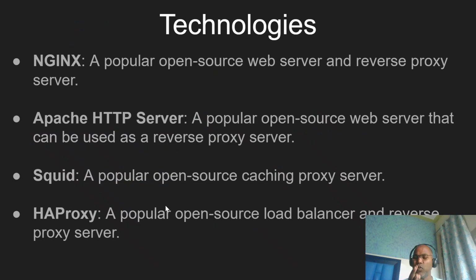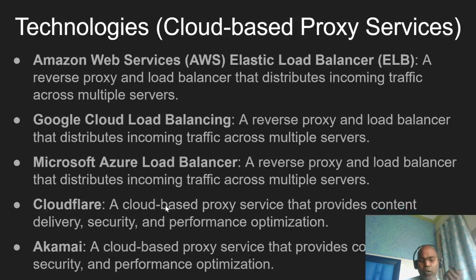So you can see lots of open source technologies available for proxies. You should be aware that from the system perspective, here I am going to use a proxy. And you don't need to worry about how to implement a proxy, since it is already available in the market, open source and cloud-based. Let's talk about cloud-based. Lots of cloud-based proxy servers are available. If your application uses cloud services, you can use the AWS Elastic Load Balancer. This plays a reverse proxy as well as load balancer role that distributes incoming requests across multiple servers.